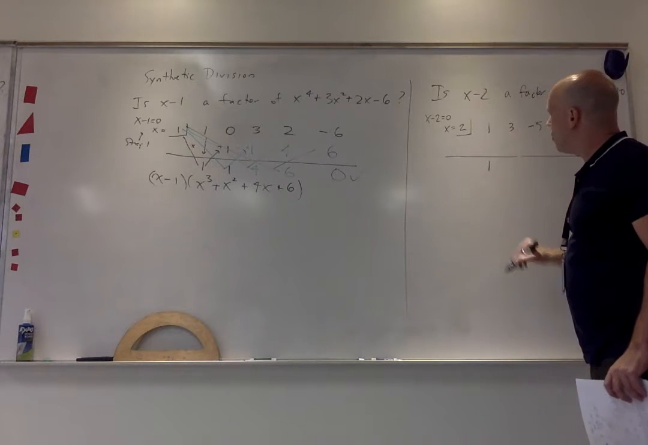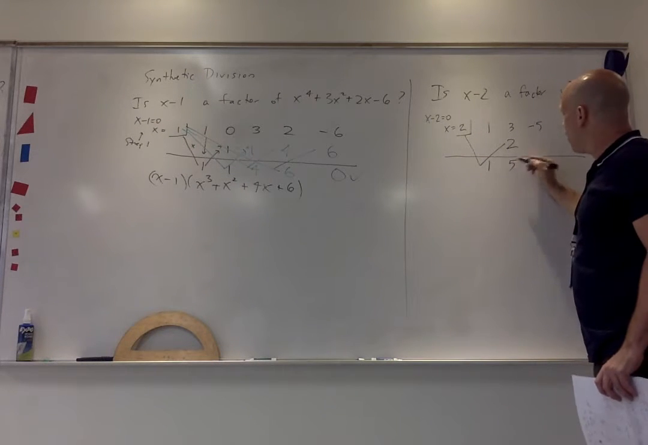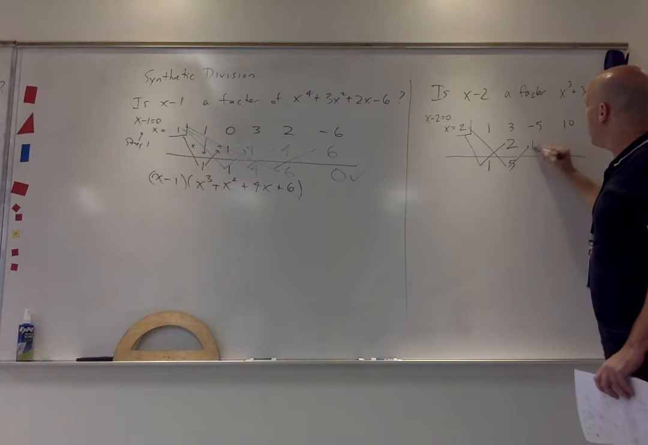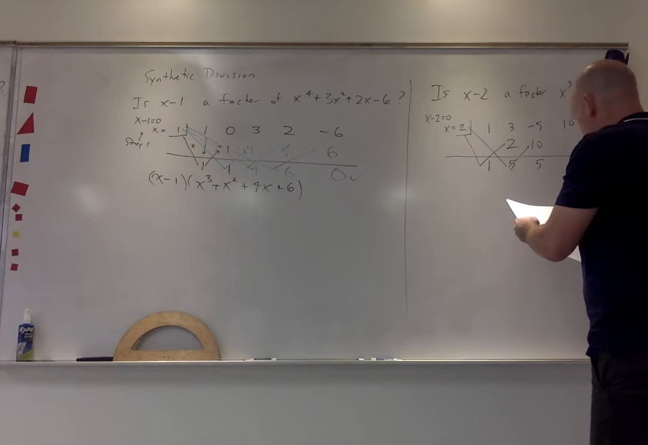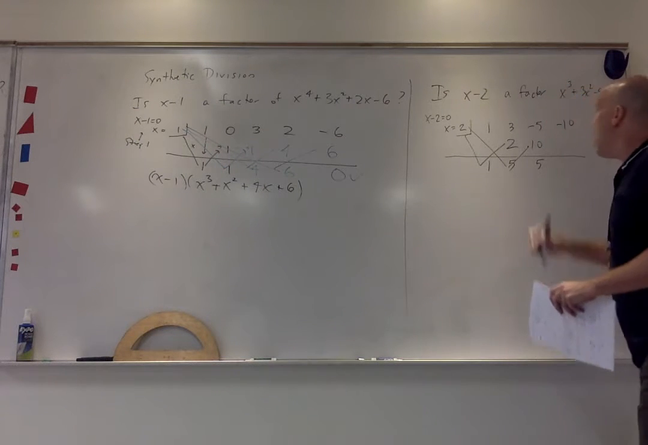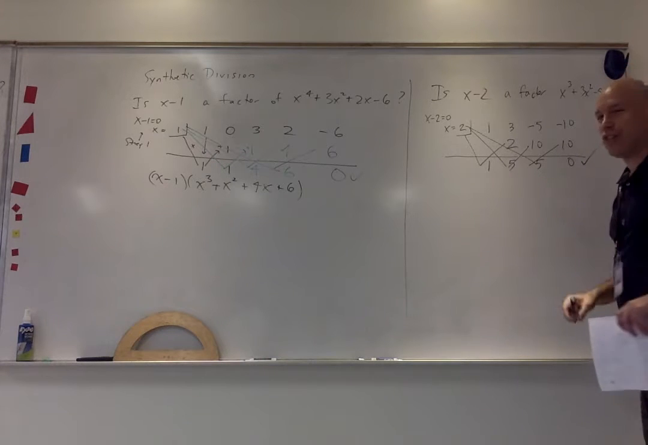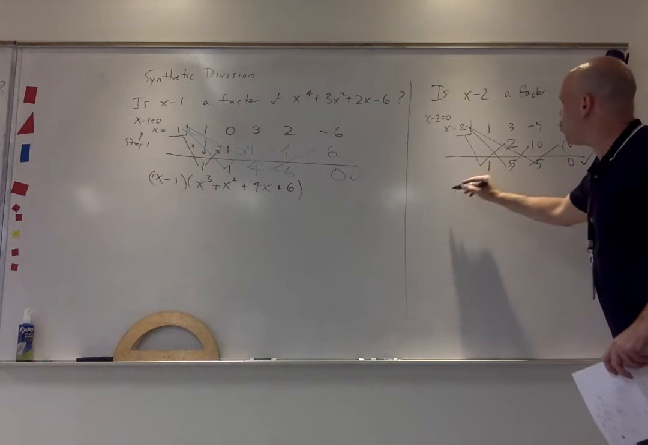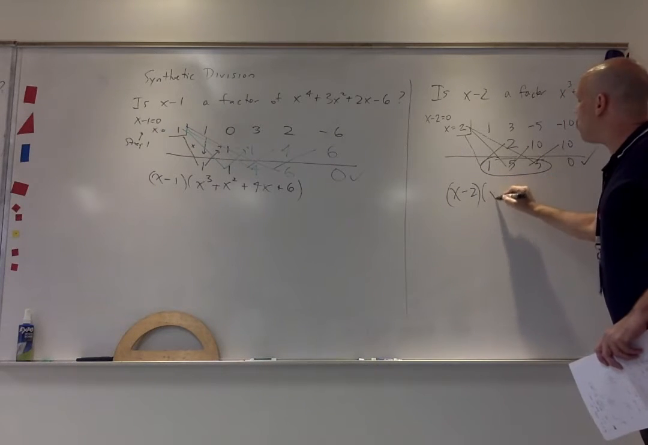Drop the 1. What's 2 times 1? 2. Add them together. What's 2 times 5? 10. Add them together. Hold on a second. Oh, yeah, it was minus 10. Sorry, I made a mistake. What's 2 times 5? 10. 0. Nice. So not only is x minus 2 a factor, but we have the reduced polynomial of x squared